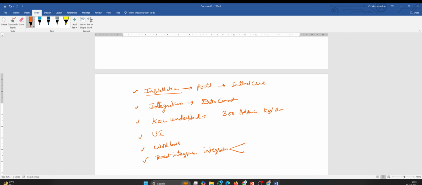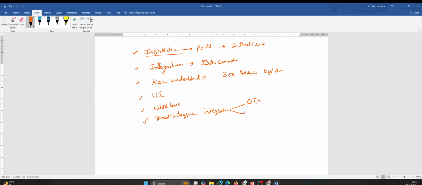We will integrate at least two threat intelligence sources. One is OTX, and the other I can take from any other source. I have Pulsedive. We would actually require a subscription for this, but these are open source. OTX is by AT&T, Open Threat Exchange, and Pulsedive is another integration for this threat intel logs.